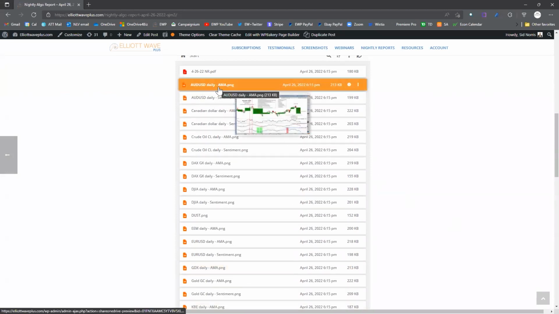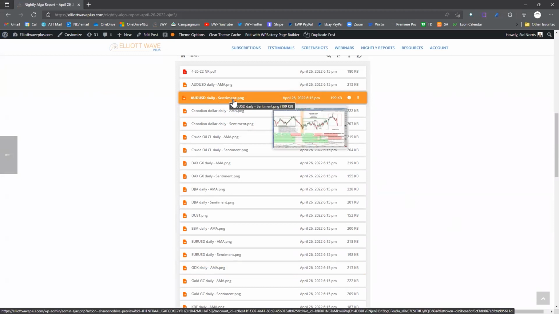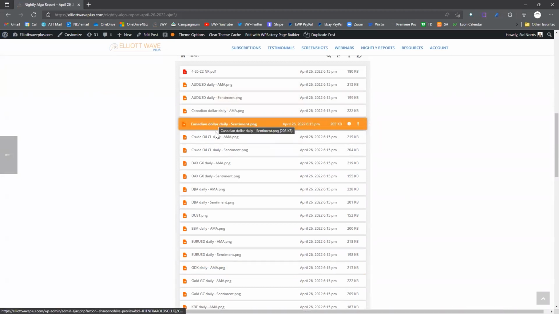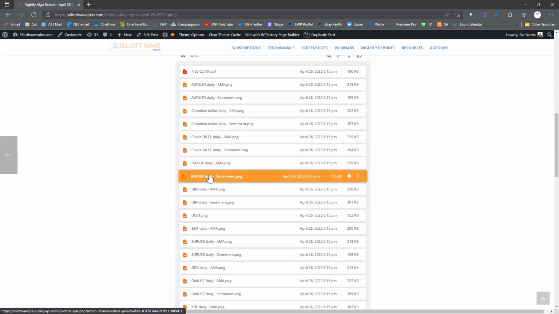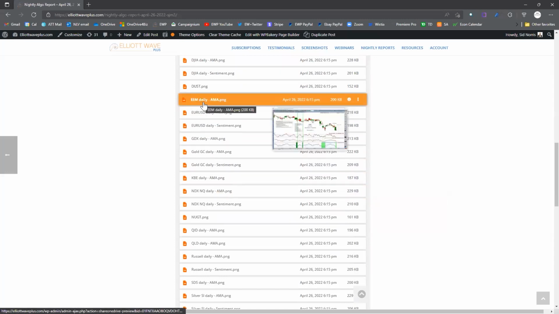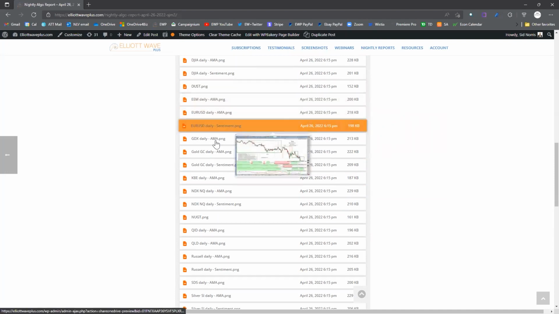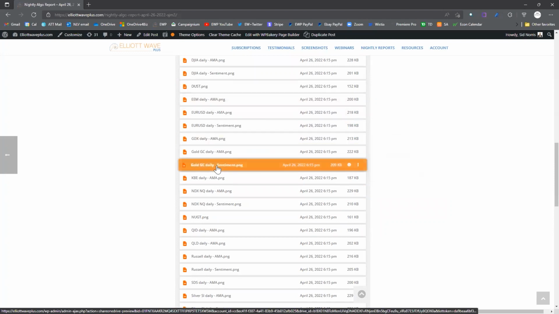We've got a chart of the AMA algo. That's the signal, what brings us the signals on the Australian dollar, as well as sentiment conditions on the Australian dollar. Same with the Canadian dollar. Same with crude oil, German DAX, Dow Jones Industrial Average, emerging markets, leverage, long and short gold miners, the euro, GDX, gold miners, gold itself,